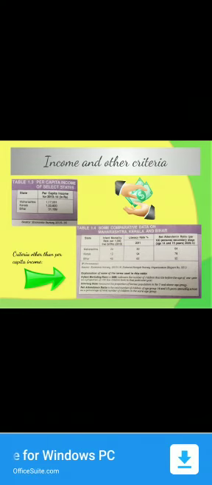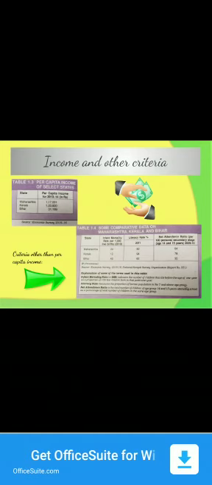If we talk about literacy rate, it measures the proportion of literate population in the 7 and above age group. And if we talk about net attendance ratio, it is the total number of children of age group 14 and 15 years attending school as a percentage of total number of children in the same age group. Now, the comparison between these three states on infant mortality rate, literacy rate, and net attendance ratio.